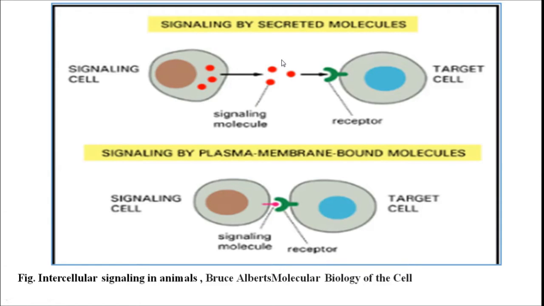Now, the second way by which signaling can be carried out is through signal molecules which are produced by the signaling cell and remain bound or attached to the plasma membrane of the secreting cell. So this membrane-bound signaling molecule can bind to the